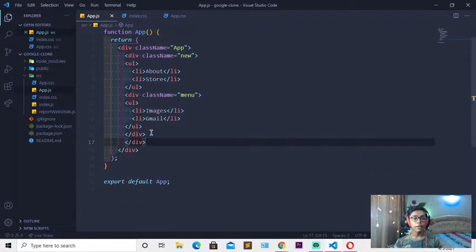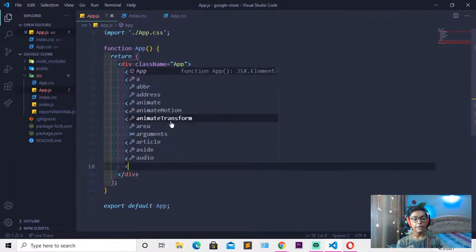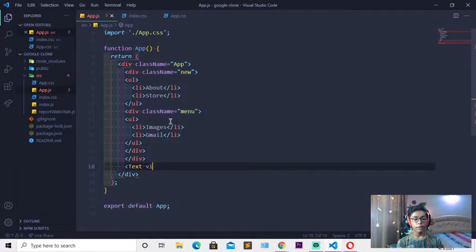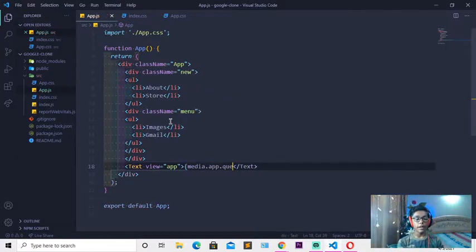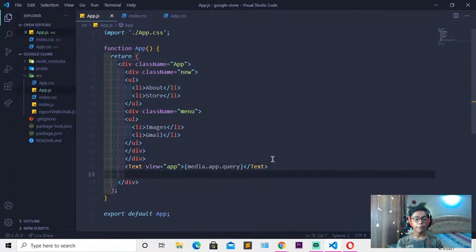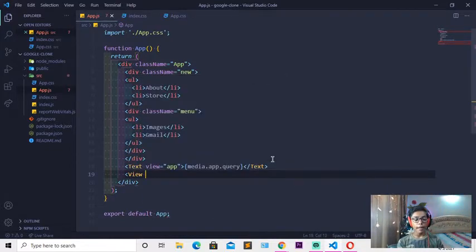So now when you've done with that, I'll be coming here and writing text view. Then I'll be writing app, and here I'll be writing media.app.query. Then I'll be closing that, because I have to link that with the backend which we are making. So now I'll be writing view, and here I'll be writing app equal,